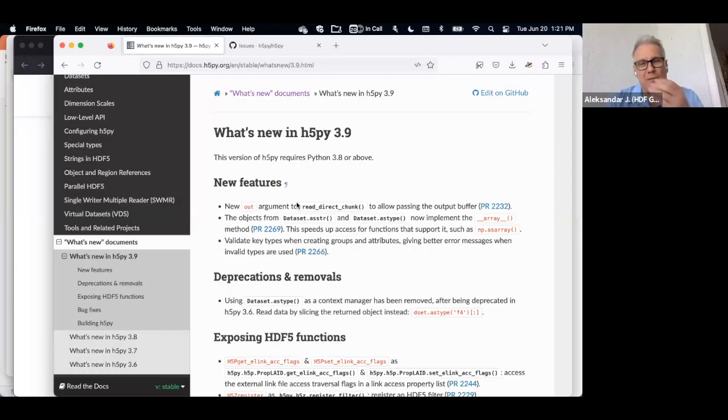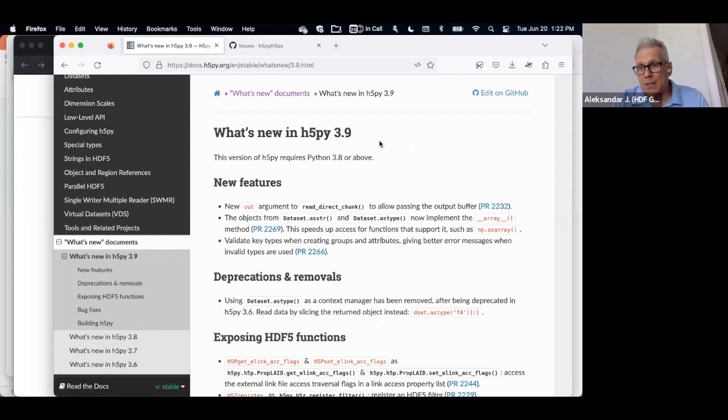So I want to talk about h5py. Those who don't use Python, probably not much helpful, but it's kind of popular and a lot of people are using it. And I know something about it, so it's a win-win-win for this occasion. What I wanted to say is cover this new release.